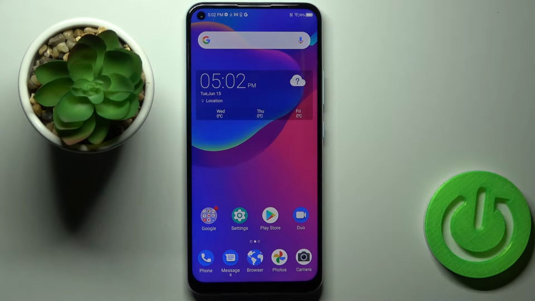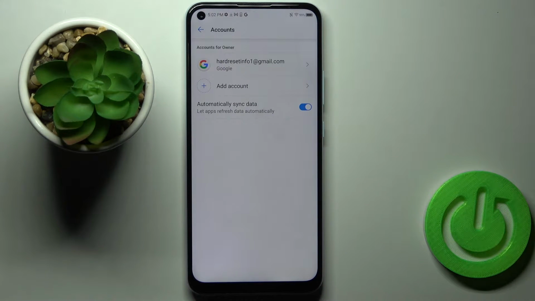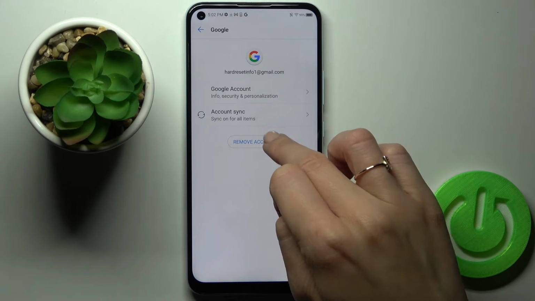In front of me is ZTE Blade V2020, and let me show you how to add and remove Google account on this device. So first of all, you need to reach Settings, then find and select Accounts, and as you can see currently we do have one account here, it is HardReset.Info, and if you want to remove it, just